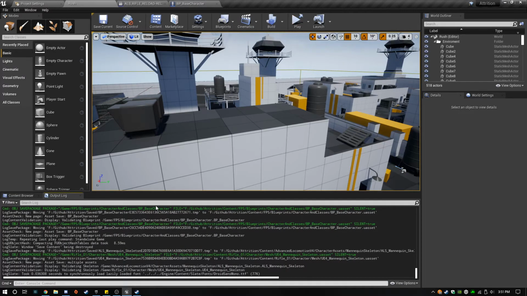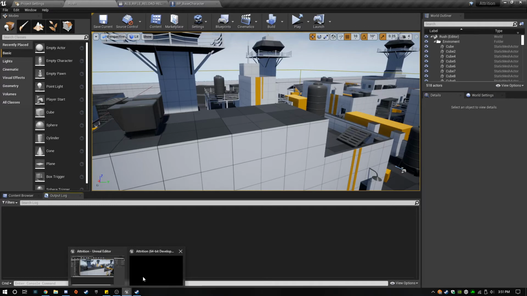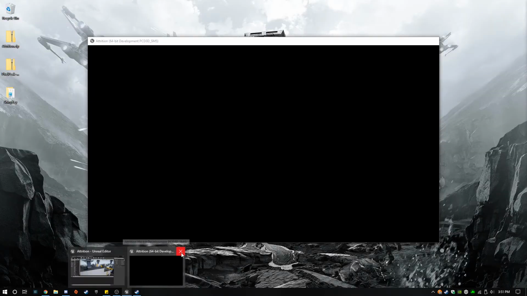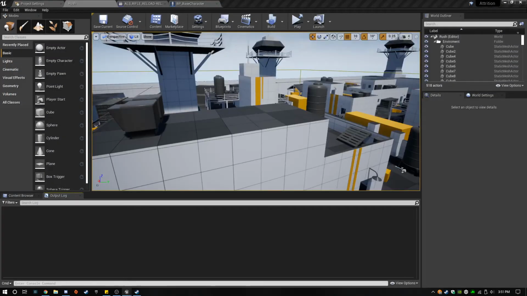Although, the one downside of that, we're actually going to want to test in the editor first, so we get logs. There we go.